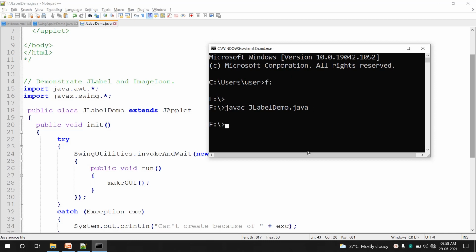Just wait for compilation. Now it has compiled successfully. We will execute it. As we know, this is an applet, so to execute we need appletviewer followed by the name of the HTML file. Actually, HTML and Java are in the same file, so I'll give the same name, JLabelDemo.java.